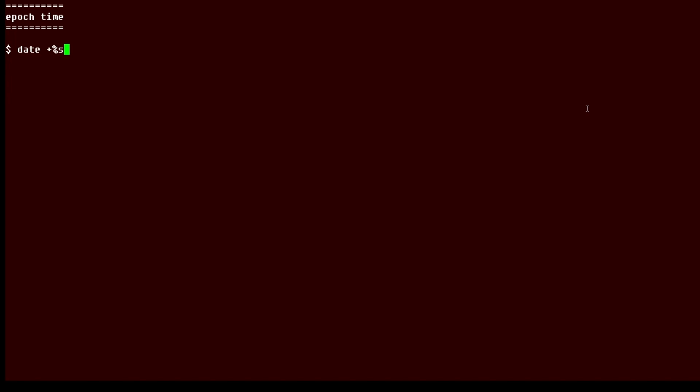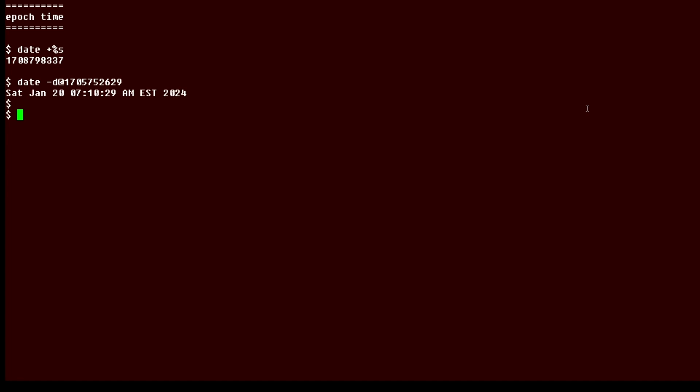So if I type a command like this, what I'm going to see is a big number, which is the number of seconds since January 1st, 1970. Now, I can also use a command like this with a date that looks something like that one above to turn that number back into a date that we humans have a chance of understanding. And so that would be January 20th of this year.